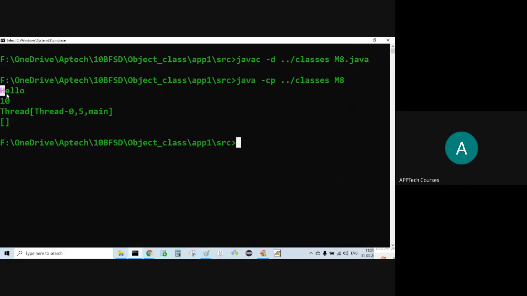This is the String class. It is the Integer. This is the Thread.